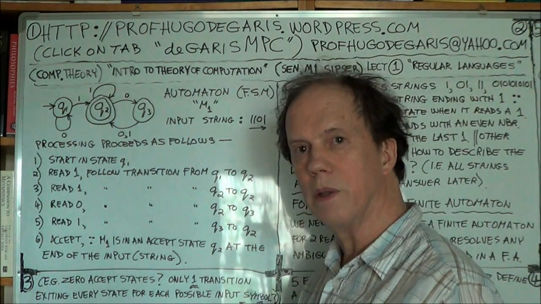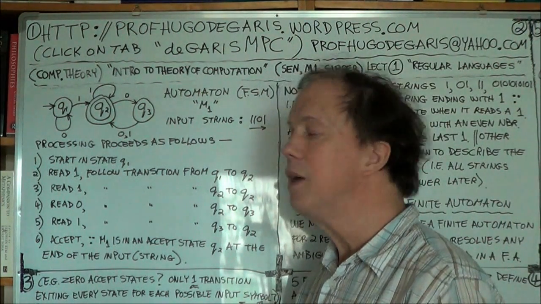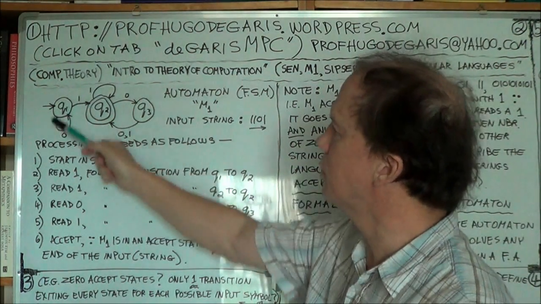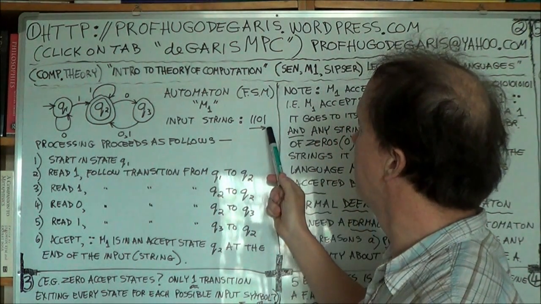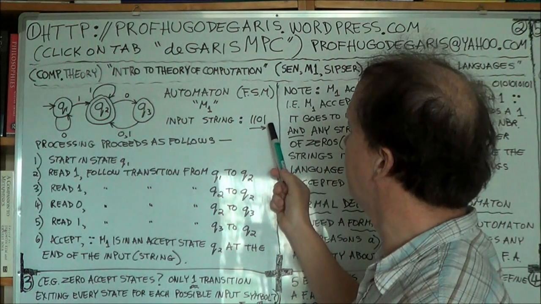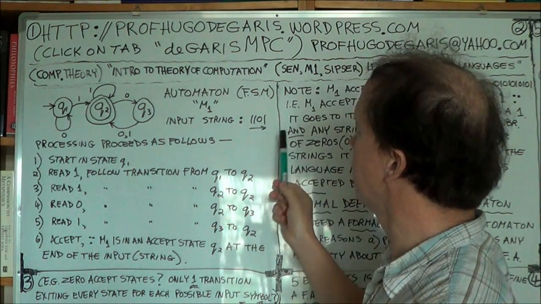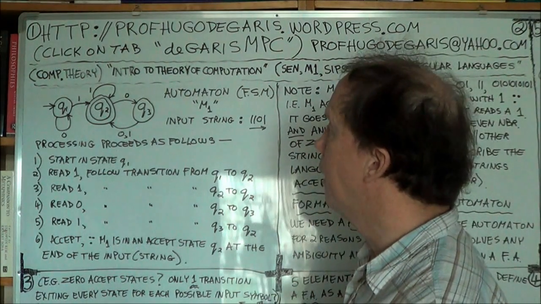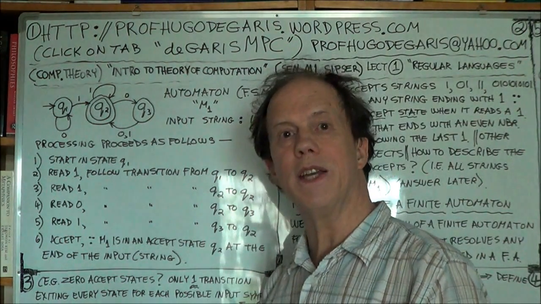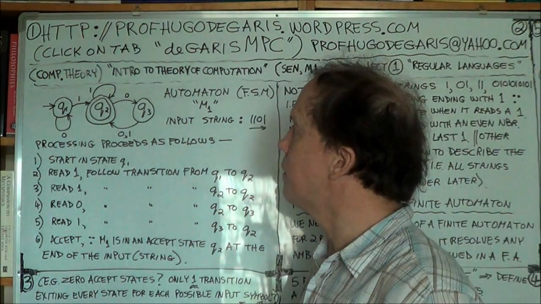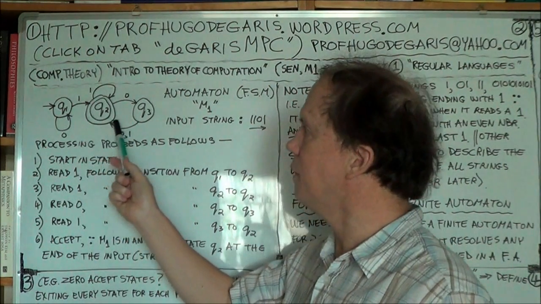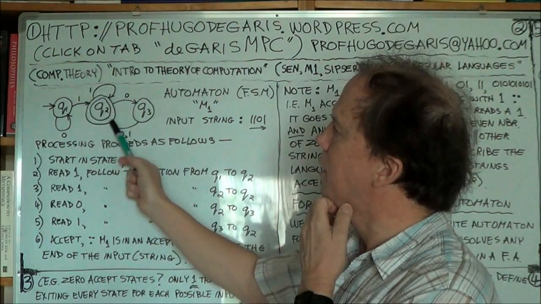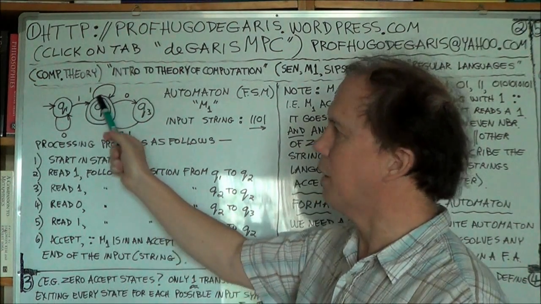And can you remember what accept means? It means after the automaton has read the last symbol in the string, so this right hand one, after it's read this final one, if the state that it's in is one of the accept states, and remember an accept state is diagrammed, represented by a double circle,